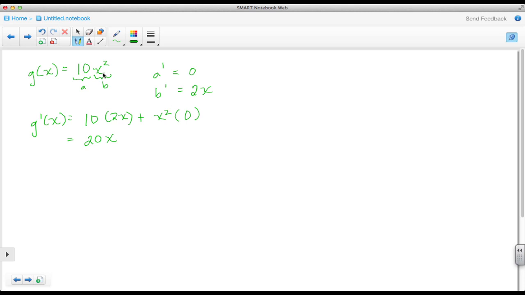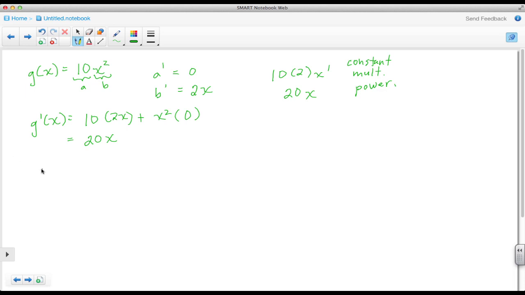And if I were to go back and use the power rule and the constant multiple rule, I would have a 10 coming out front that I would not take the derivative of. I would use the power rule on the x squared, which means a 2 comes down, and then I decrement this power of 2 to just a 1. So 10 times 2 to give me 20, and I'm still left with the x. So I get the same answer. Where here I use the constant multiple rule as well as the power rule.